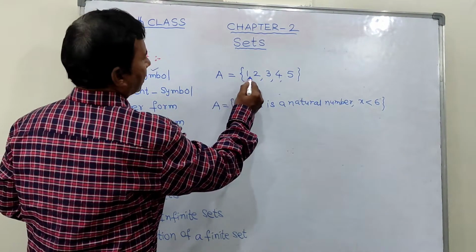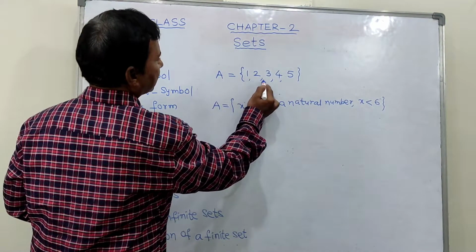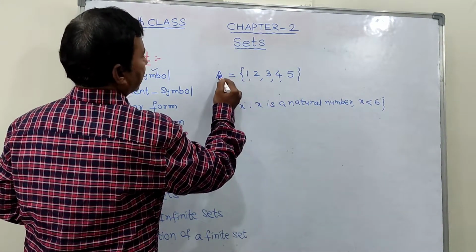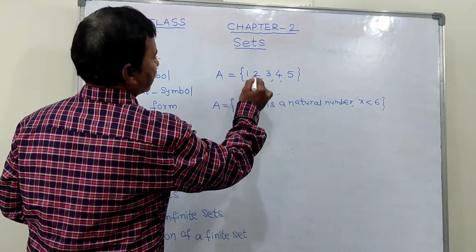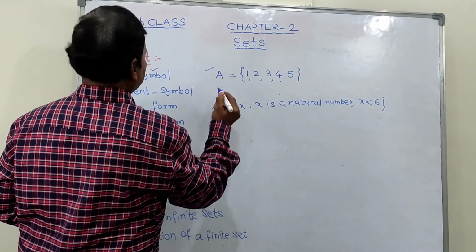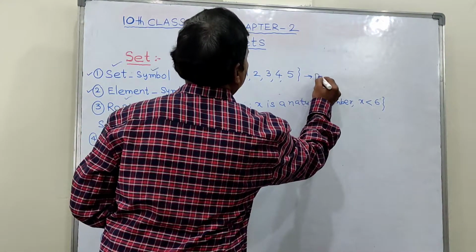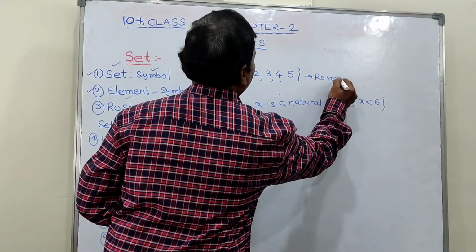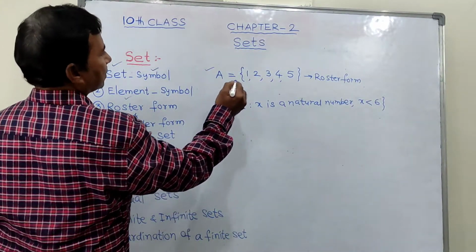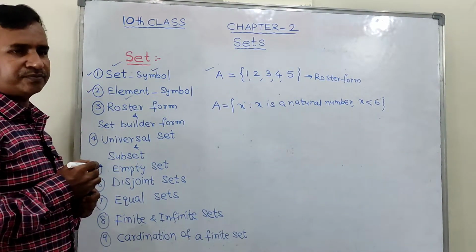If you observe all the elements, these are all called as elements. Elements are represented with commas. Means whenever elements of a set are represented by using commas in a set, that is braces, that we will call it as the roster form. So, the first one we call it as roster form. In roster form, what is the important thing we have to see? We will have the elements by using the help of the commas.